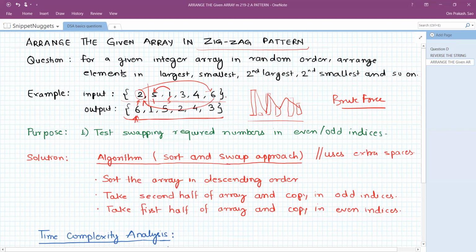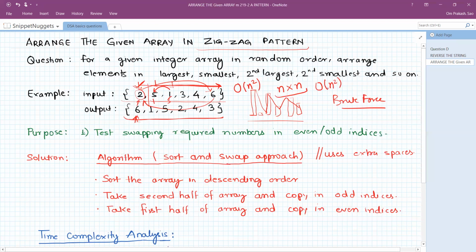This approach will take a time complexity of big O of n square, because you are basically traversing this array for each of the elements. For the first item in this index, you are searching the whole array. For the second item, you are again searching the whole array. For the third item, you are again searching the whole array, and so on. So basically for each of the n elements, you are traversing, in the worst case, an n size array. So the total time complexity would be O of n square.